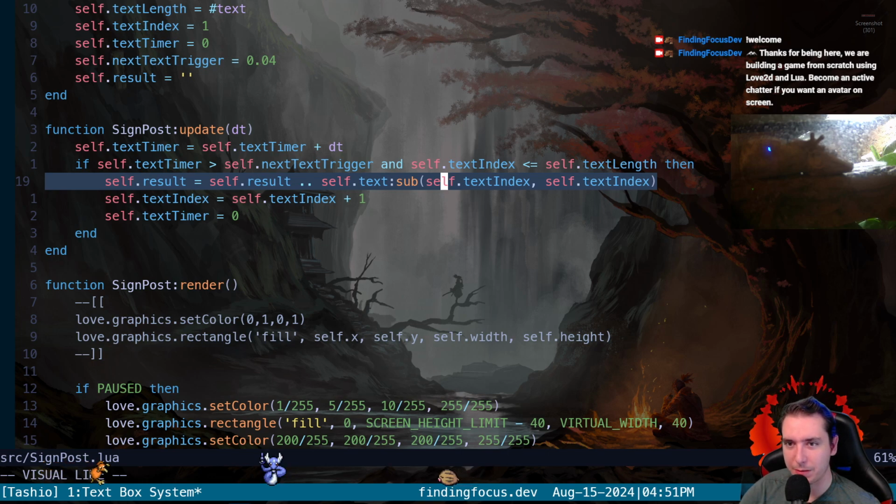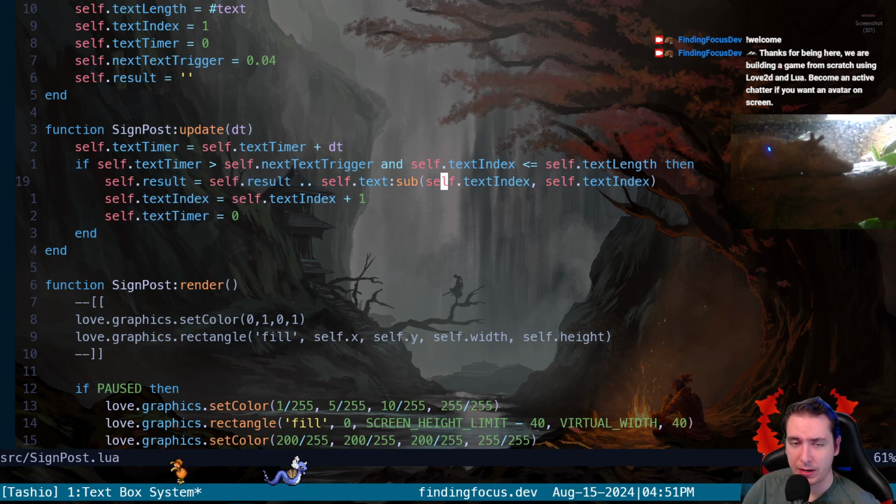So when you give it the same arguments, it just pulls the one character that you tell it to. So all we're doing is setting a timer, and then every time we trigger past the threshold, we save a result to itself,